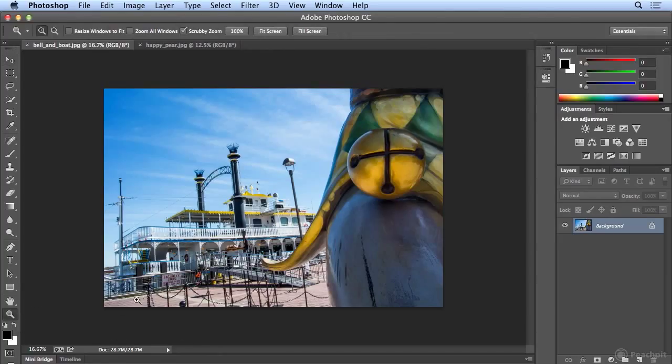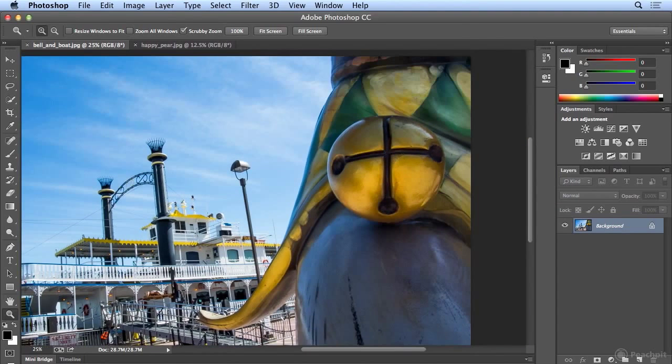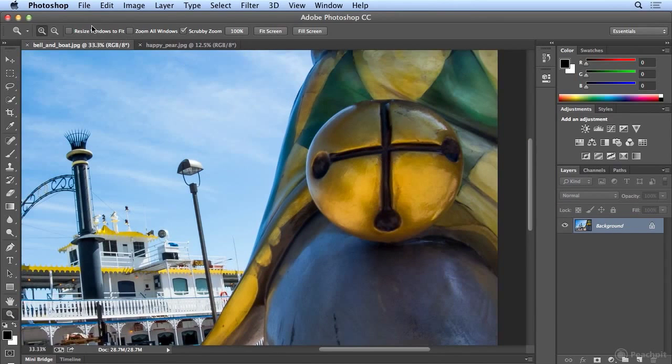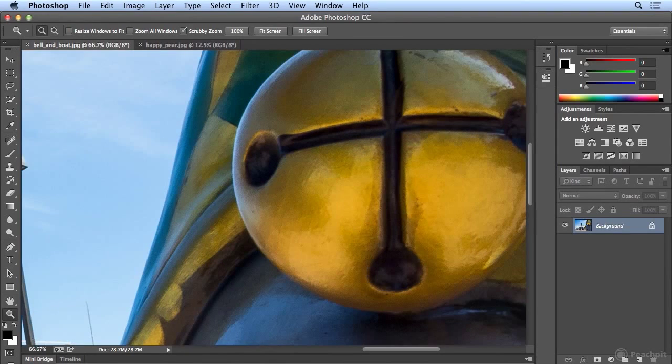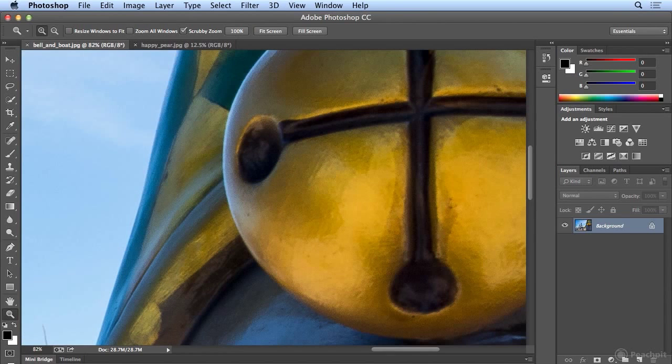The Zoom tool, with a single click, will let me zoom in on this bell, and at each click I'm zooming in more, 33% to 50% to 66%. Your zoom level shows up in two places. I could, however, double-click down on the lower left and type 82 and press Return or Enter, and I go